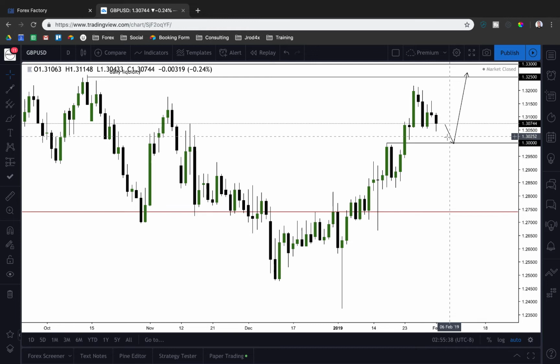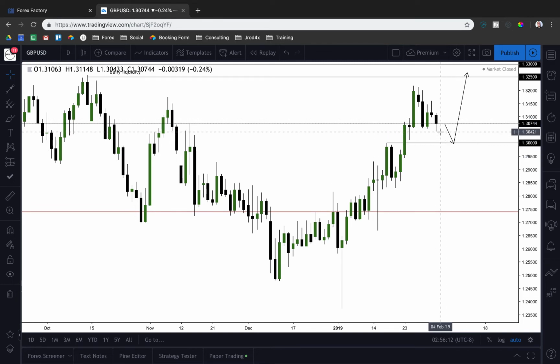Once you get that confirmation, then you can go long with the anticipation of higher prices, looking for that 1.3250 level as a target. But you will want to square off some partial profits as we break each daily swing high. So we have this 1.3150 level here, right? If we go long at the 1.30 big figure to 1.3150, that'll be about 150 pips. That'll be a significant return on the week, if we can in fact get that price action that I am expecting.